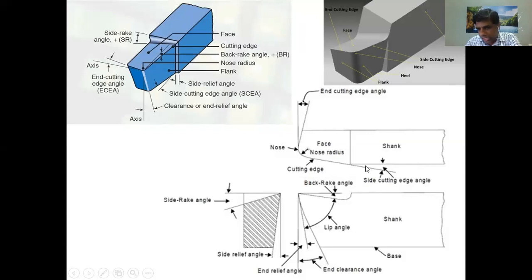Whatever angles we are providing, whether on the side cutting edge or end cutting edge, this inclination is called a cutting edge angle. If you measure with the side of the shank, it is the side cutting edge angle. If you measure with the end, it is the end cutting edge angle. So these are the six important angles in any cutting tool.